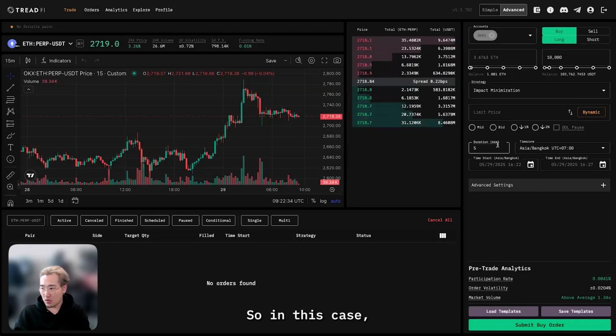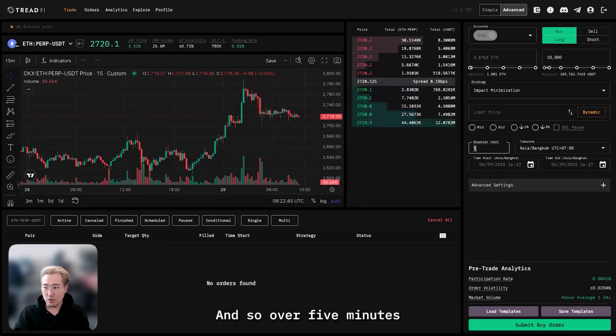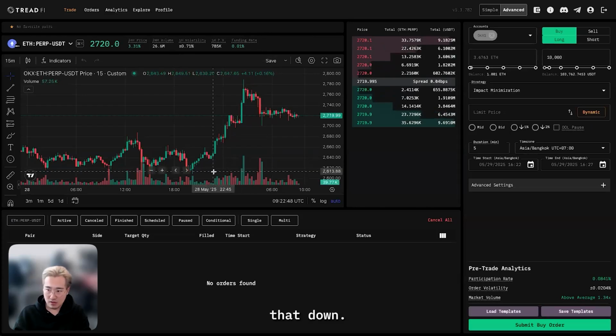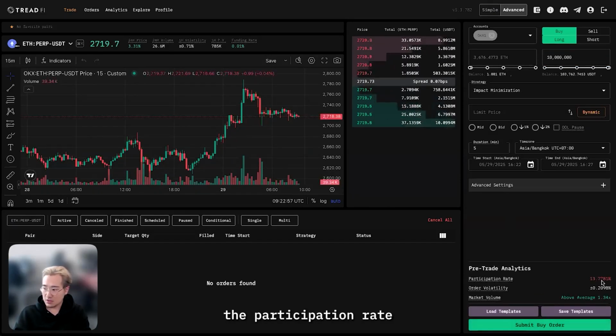So in this case, we're only trading 3.6 ETH worth of volume, and the predicted 1 hour volume is 785. And so over 5 minutes, we interpolate that down. And so we predicted you to be only 0.08% of market volume. If you increase this number, you'll actually see that the participation rate goes up,